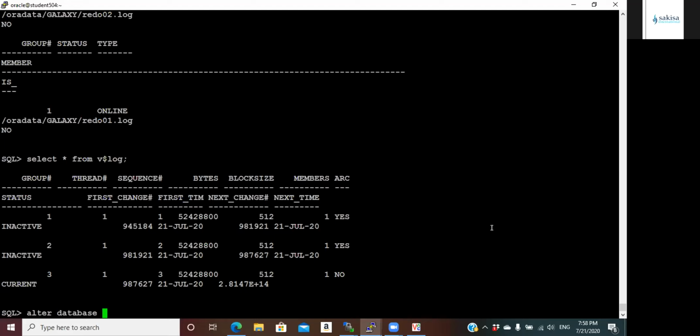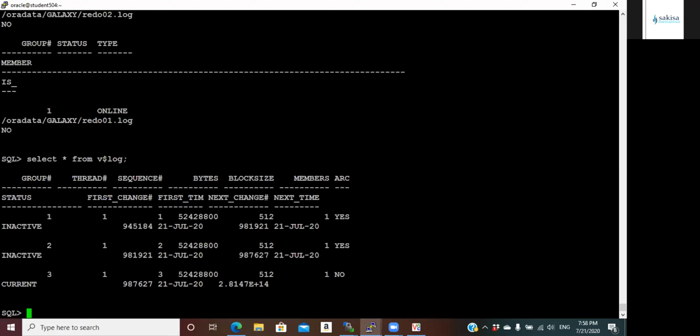Okay, so I want to drop the first group, alter database drop. Don't you want to see if it's empty first? Like select bytes and members and all that. I actually did. This is the bytes, this is the sequence.